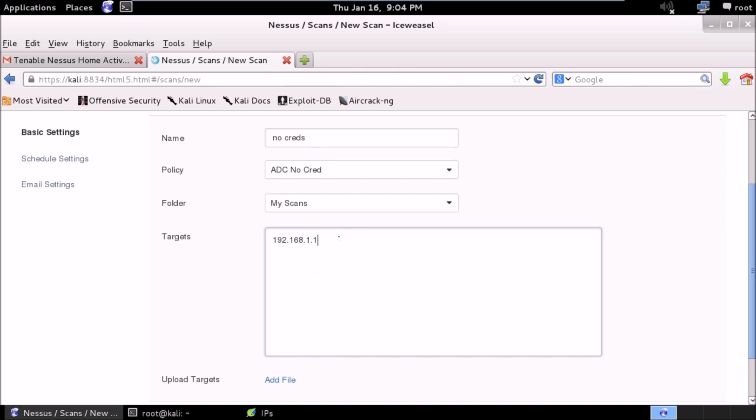We can set them in individually, one after the other. Let's say line return separated. We can also use comma separated. You can also specify ranges if you want. So let's say 1 through 100. We could do that. 192.168